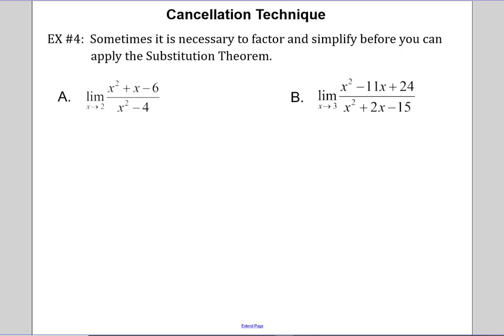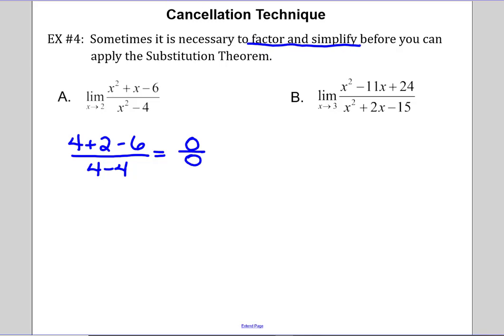And then example 4, the cancellation technique. Sometimes it's necessary to factor and simplify before you can apply the substitution theorem. So here in this case, if you try direct substitution at 2, we're going to end up with 4 plus 2 minus 6 divided by 4 minus 4. And when that works out to indeterminate form, 0 over 0, that's when you know it's necessary to factor and